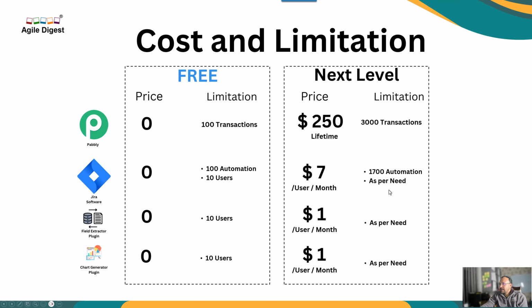Jira Software, the next level is $7 per user per month. And the limitation is 1700 automations. The number of users, as per need, you can have it. And field extractor or chart generation, this is just $1 per user per month. Very reasonable. If you want to scale up to more than 10 users, you can do that. I hope this is something, if you are looking to create your own Jira automations, you will be able